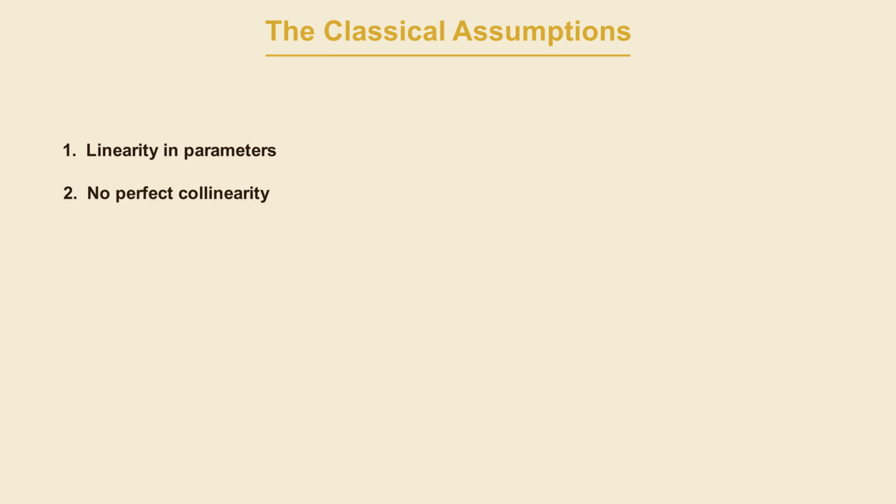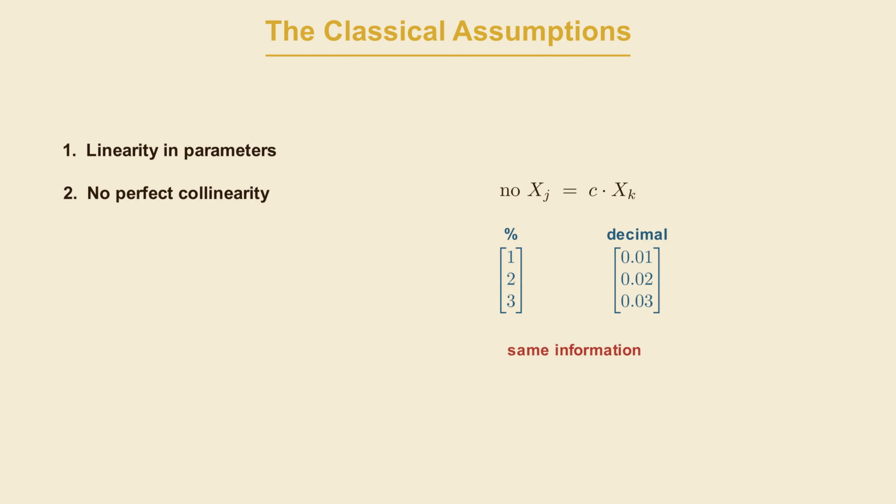The second assumption is no perfect multicollinearity. In our market model, there's only one predictor, so that's something that won't really bite just yet. But it shows up the moment that you move to multiple regression, which we've already covered. It says that no predictor can be an exact linear copy of another. Imagine that Margot put the market return in as a predictor twice, once in percent and once in decimal form. Those two columns carry exactly the same information, so the regression can't decide how to split the credit between them, and the math ends up breaking. The fix is simple. Don't feed it redundant variables, and as long as each predictor brings something genuinely new,